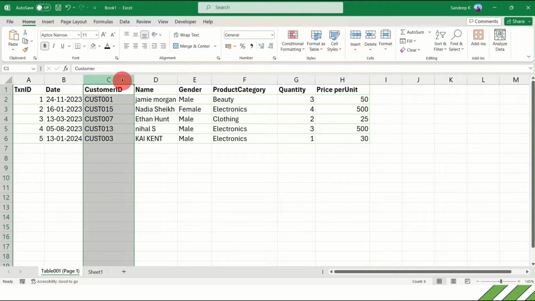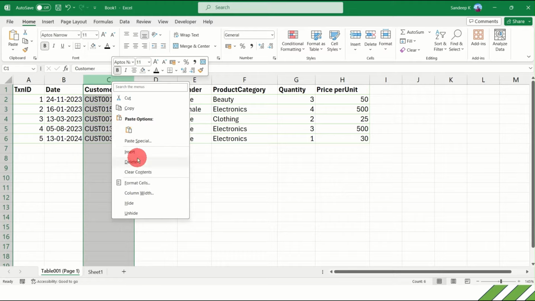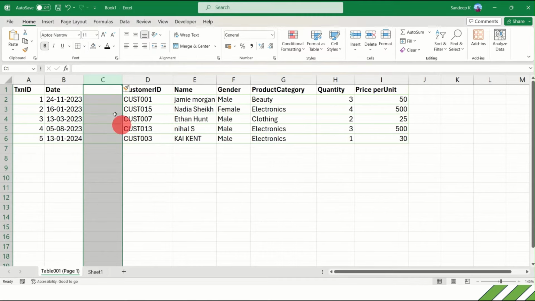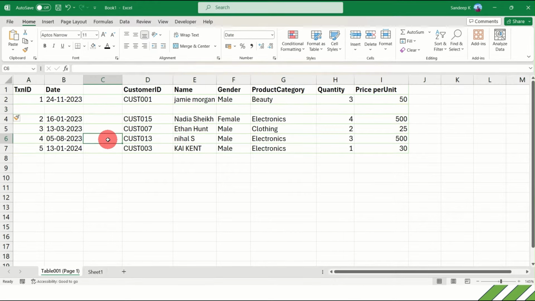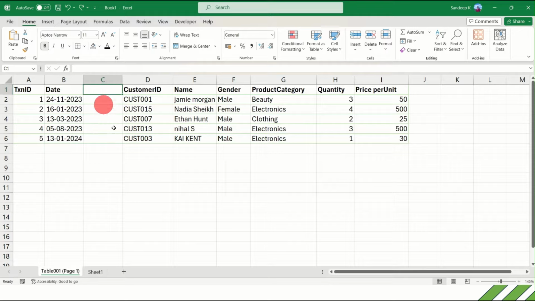I will go ahead and add a new column. So to insert a new column, all you need to do is just click on the next column, right click and click on insert. Okay. So this inserts a new column. Similarly, you can insert a new row as well. If you do insert after selecting a row, it will insert a new row for you. So I don't need that. I'll just do an undo. All right. So in this case, we need the